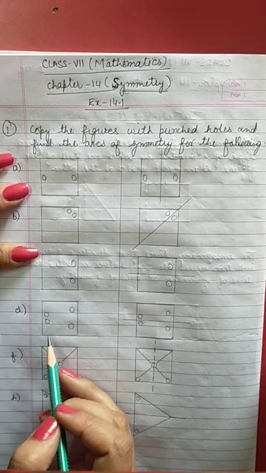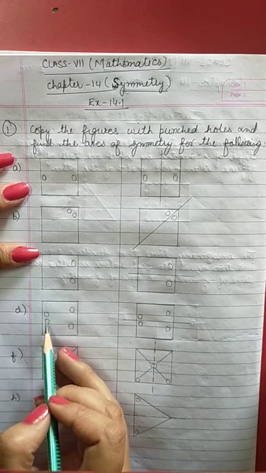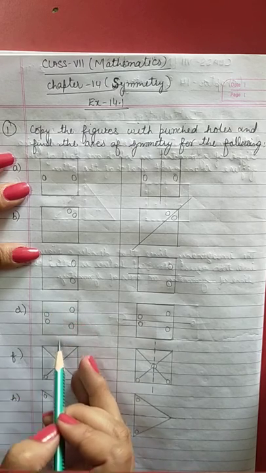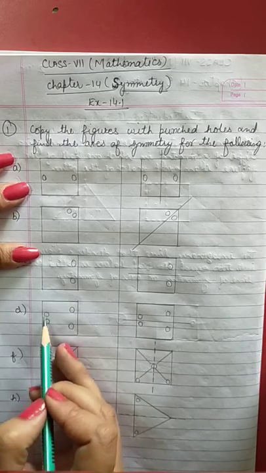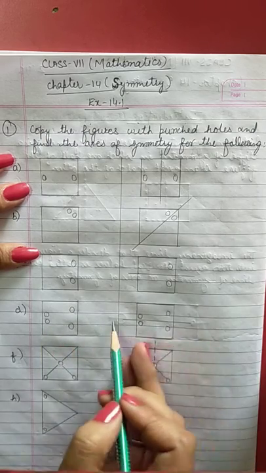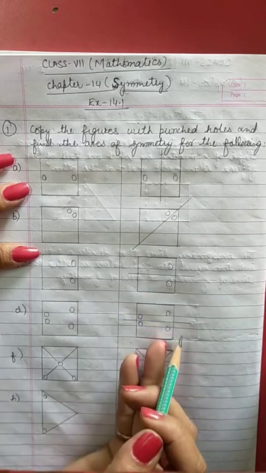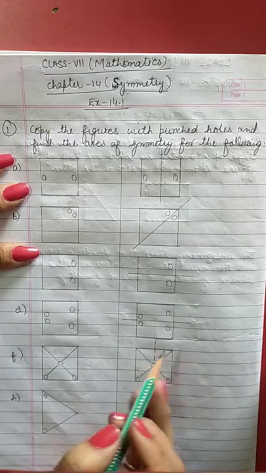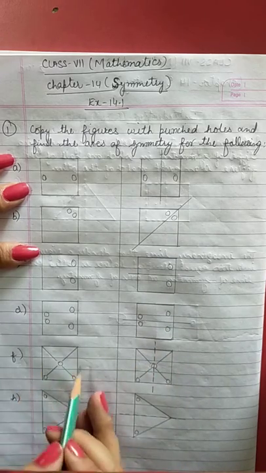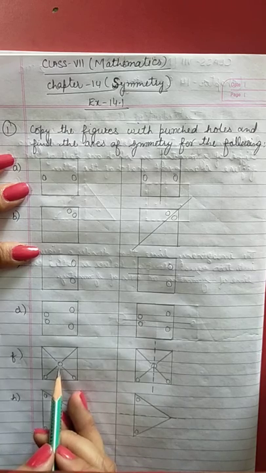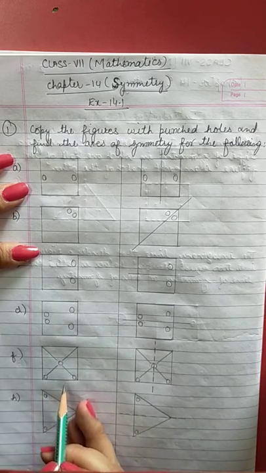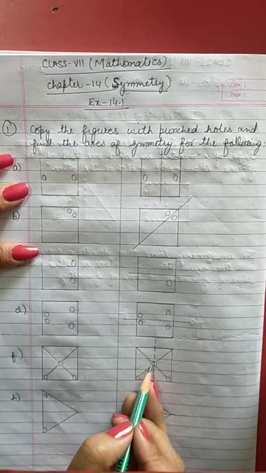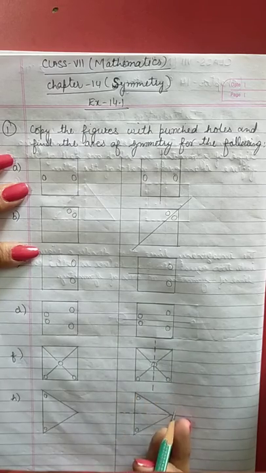Then in D part, you can see I have these two circles very close to each other and the others are far. So I will not draw one line of symmetry like this, because these two circles are close. I will draw in this way. You can see, when I fold to this side, this one circle will overlap this and this one will overlap this. Fine. Same here in F part, in this diagram we have three circles. One is at the center and the others are on the corner. So we will draw this one as a line of symmetry, so that when we fold it, this one half will overlap this and these two circles will overlap each other.